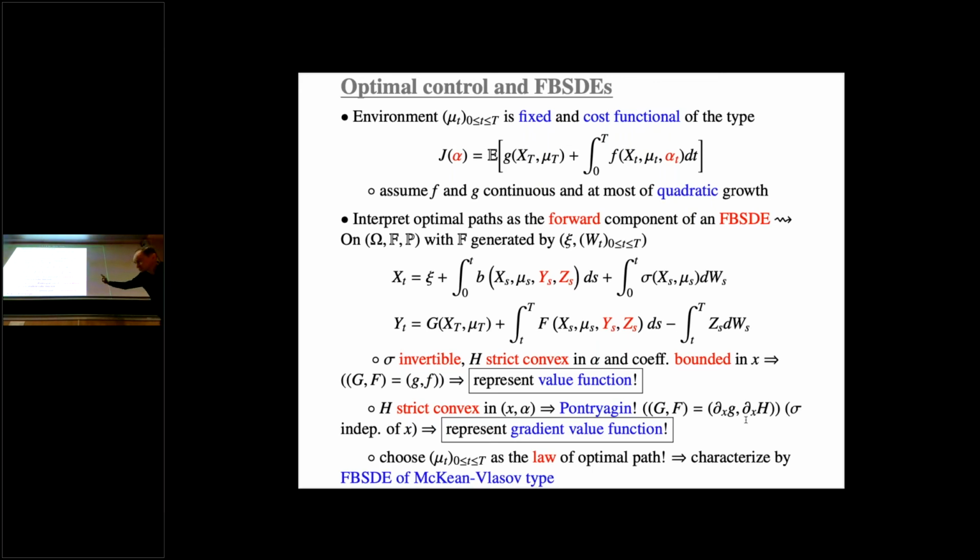But the spice of it, and certainly this is the only thing that you have to remember at this stage of the lectures, is that once you have solved this forward-backward system, to solve the mean field game, what you want to do is just to say that you replace mu t by the law of X. So in the end, to have the solution of a mean field game, I should have that mu is the law of X. And then you get what people call a forward-backward system of McKean-Vlasov type. So this is what you have in the literature. You can find this in my book with Carmona, for instance.